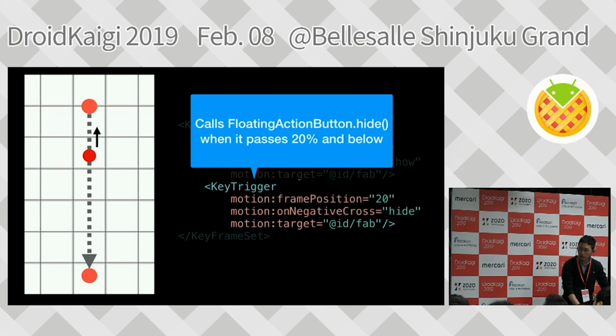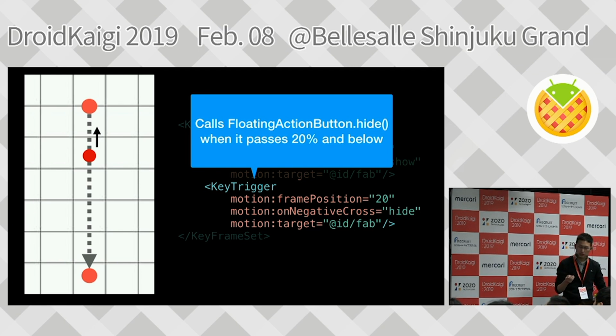Similarly, if you look at the other key trigger, there is a frame position specified as 20 and on negative cross specified as hide. It means when the transition passes 20% and below, then the hide method in the floating action button is